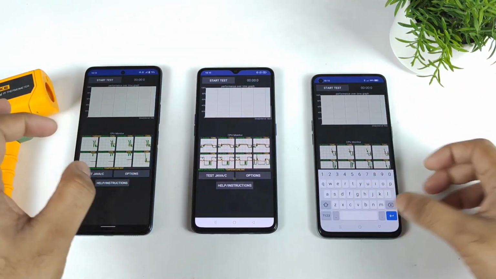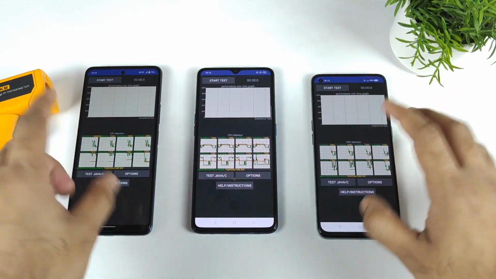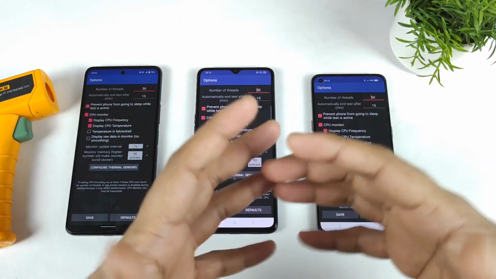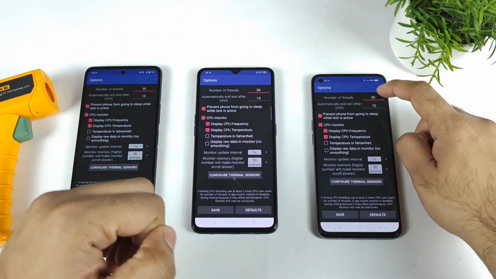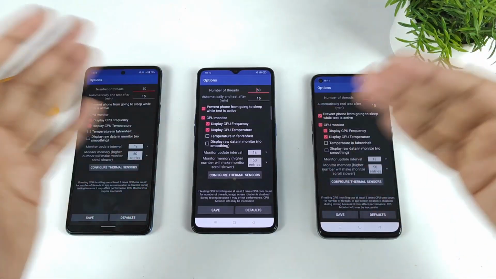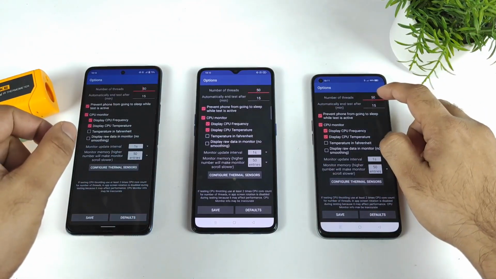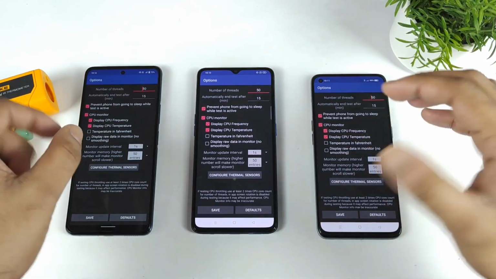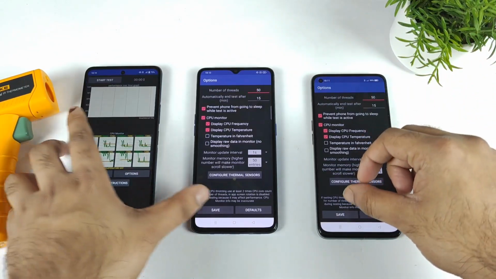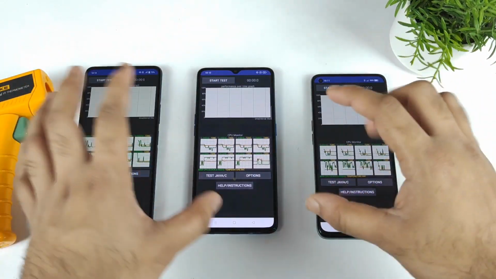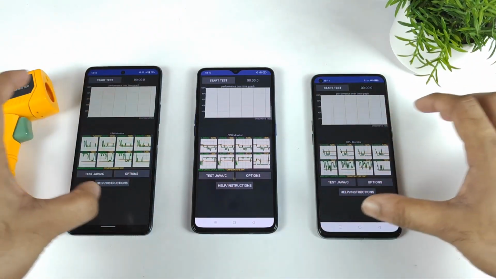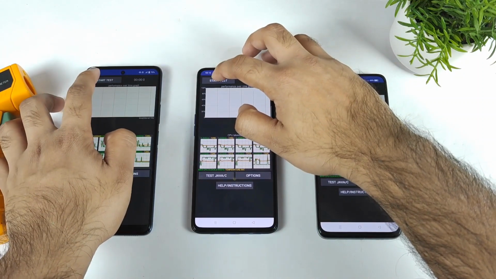Whenever you watch other YouTubers' videos regarding CPU throttling, you should know what settings they are using, because this can manipulate all the results and graphs. If they use around 20 threads, the performance will not be utilized up to the limit. But if they use up to 100 threads, that is high-level utilization of the CPU and the GPU. So you need to always know what settings they are using. Don't just believe the graph, you should know in depth as well. That's the reason every time I show you clear details of what's happening between all of these smartphones.